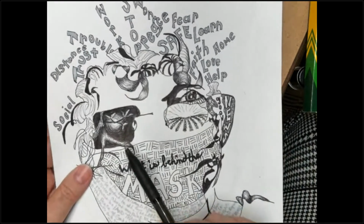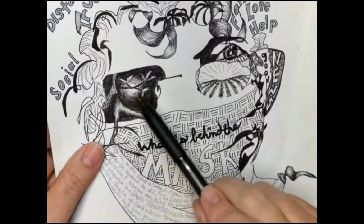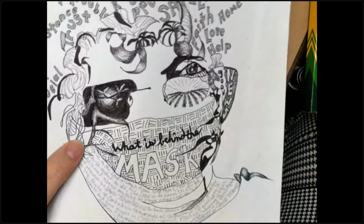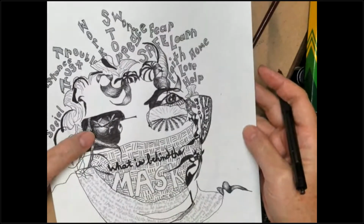Well, I promise you, I didn't do this crazy little image right here without sketching it with a pencil first and working it with the ink pen after, right? So